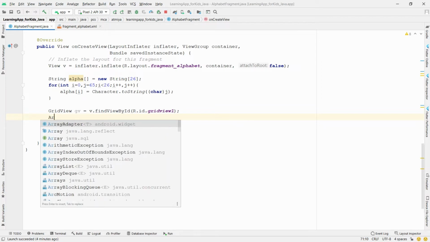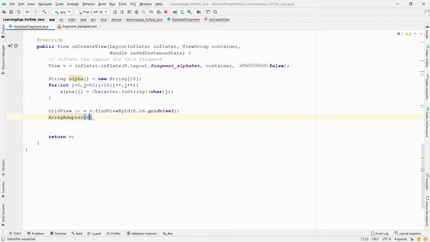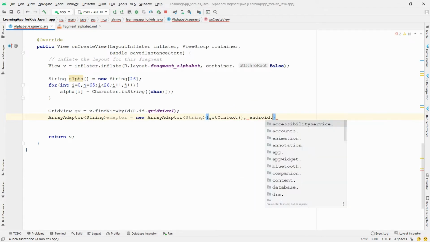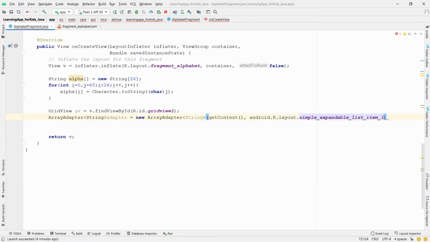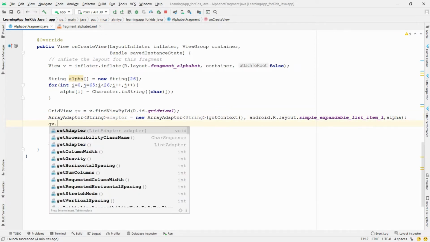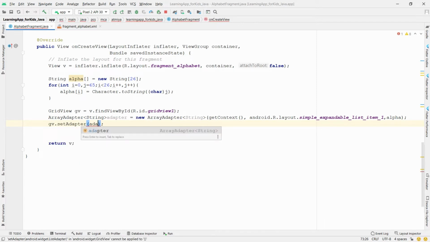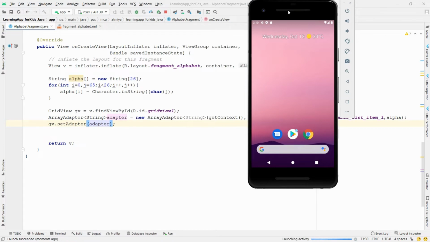So I'm just declaring the variable, that is ArrayAdapter of String, that is adapter is equal to new ArrayAdapter of String, and here you can pass getContext. The second argument is the layout, so I'm taking the layout, that is android.R.layout.simple_expandable_list_item_1, and the data is my alphabets. So this adapter is ready. Now you can just simply call the function gv.setAdapter and you can pass the adapter. Now you can simply run this particular application and you will get the A to Z alphabets